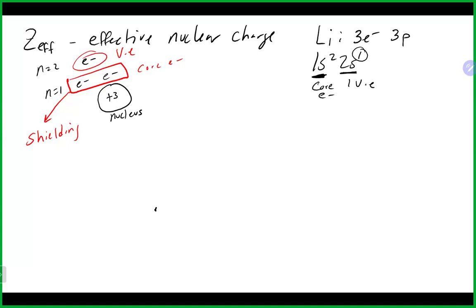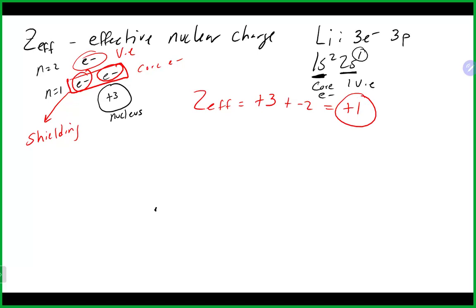You could actually calculate it. If you calculate the Z effective, it is the positive charge from the nucleus, which is +3 because there's 3 protons, minus how many negatively charged electrons are in its way, and that's 2. So +3 minus 2 means that instead of feeling a +3 attraction to the nucleus, that valence electron is actually only feeling like a +1 attraction, which means it's not going to be held as tightly as those core electrons,